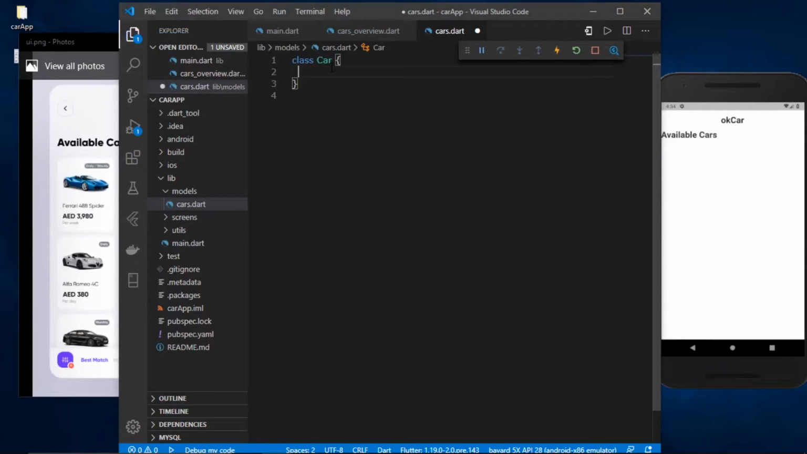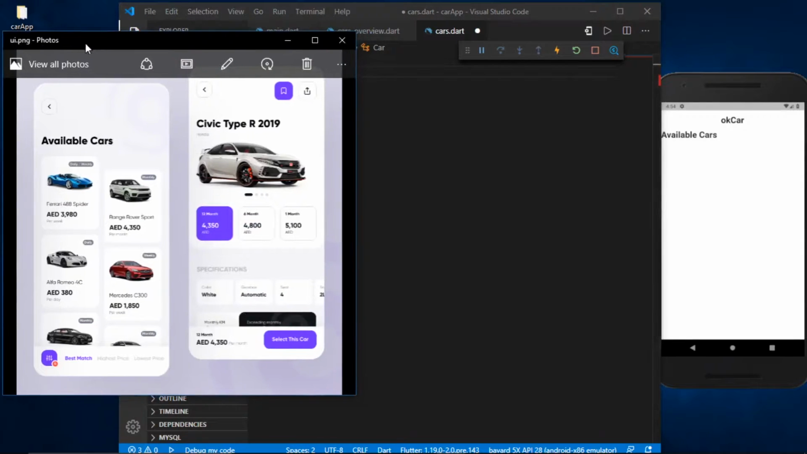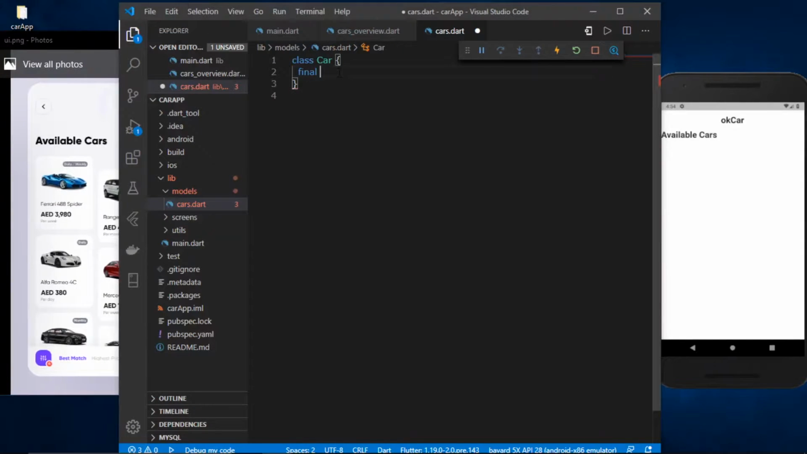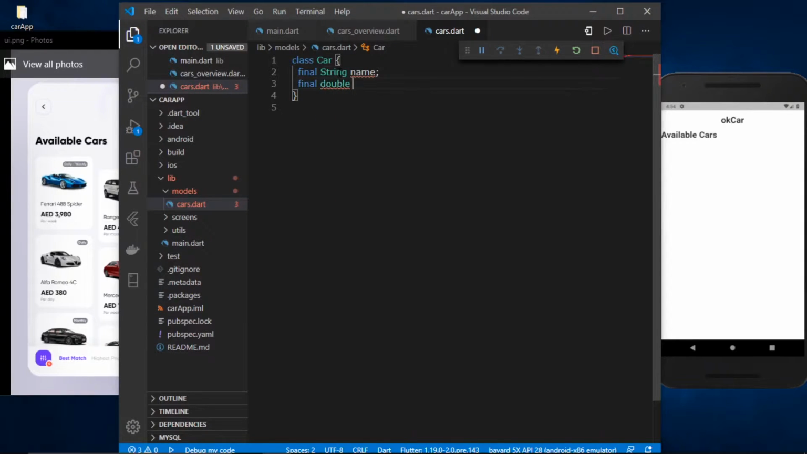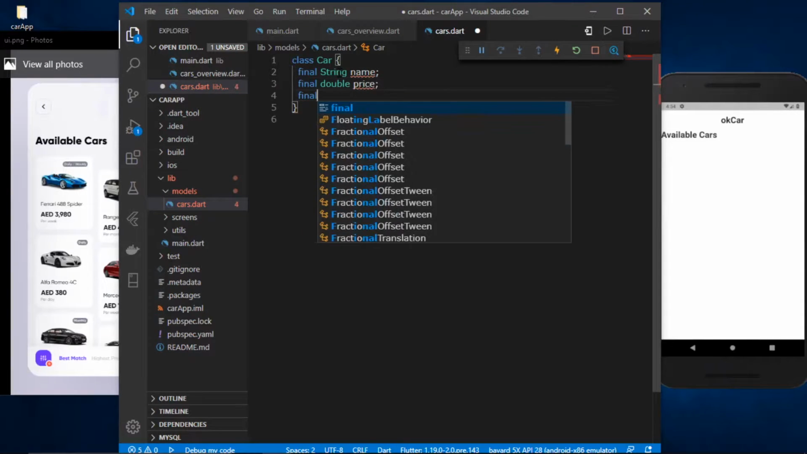And here first of all I'm going to define some attributes. So the first one would be the name attribute. So it will be a string, so string name maybe. Okay, so name. And then we will be needing the price, so it will be a double, so double price. And then we are going to have the